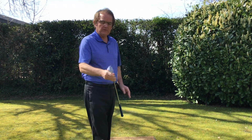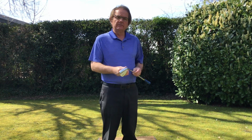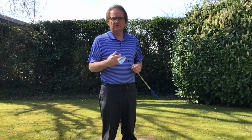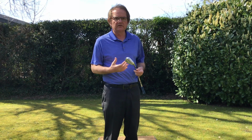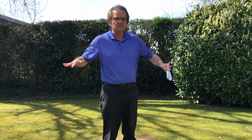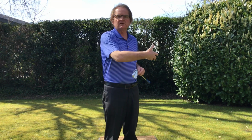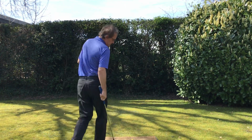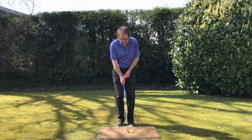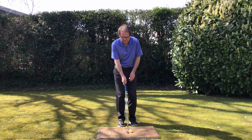I've got a gap wedge here, 52 degree, but the basic action I'm going to show you, I'd use exactly the same for a 56, 60 degree or a chip and run with a 7 or 8 iron. The action doesn't change, it's only the length of the swing that changes depending on the length of the shot we've got. So the address position from the front view, it's obviously a small shot, so tone everything down,